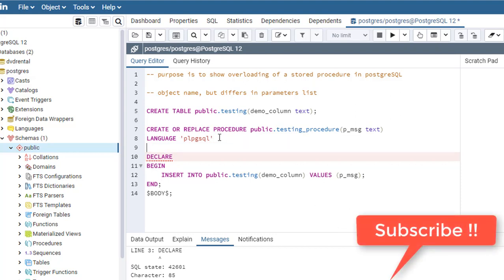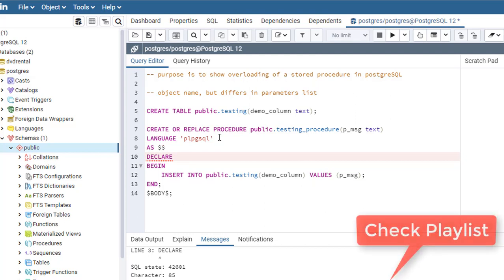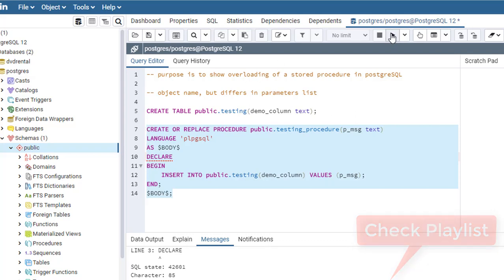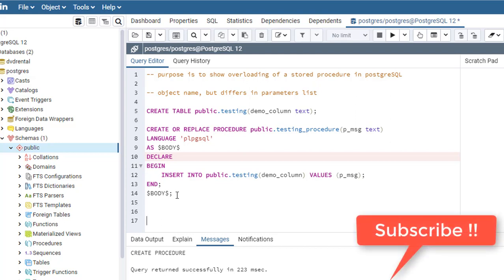I need to mention the body here, so this is the compulsory thing. It's created successfully.